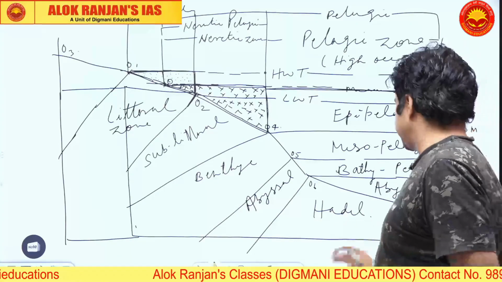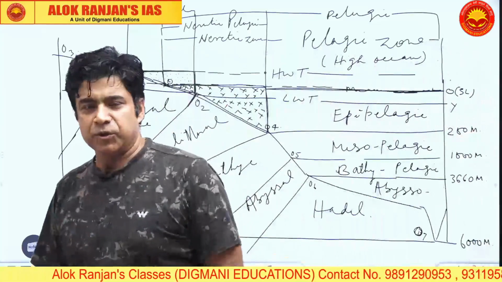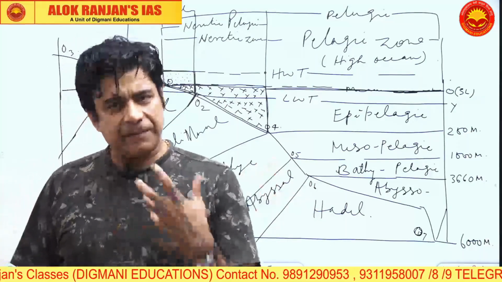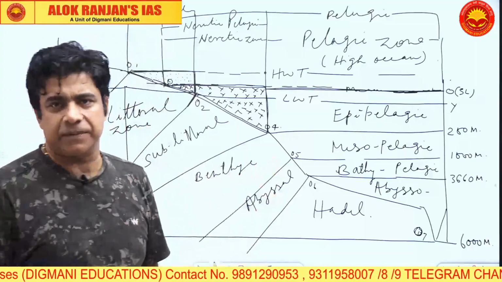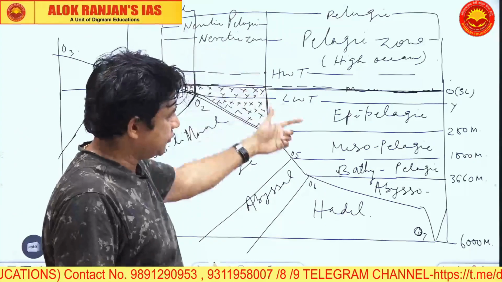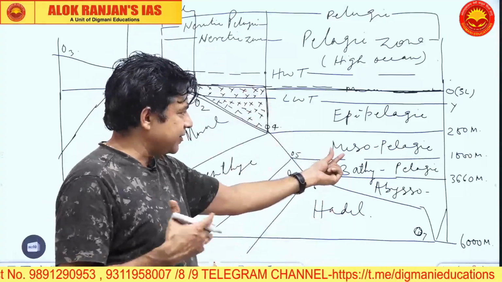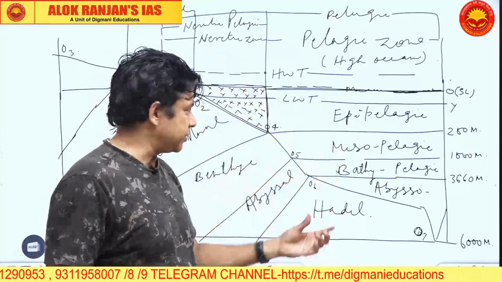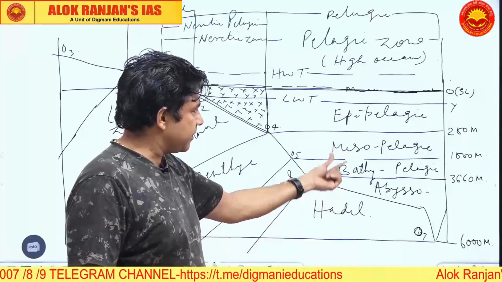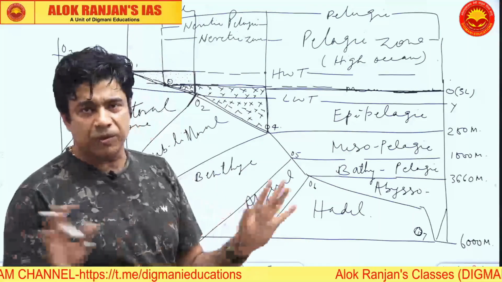Then you have bathopelagic and abyssopelagic. These zones have no life. There is an absence of life there. They are bereft of life. So here only epipelagic will have life and mesopelagic can have some life but not fixed. This is the dysphotic zone, there is diffused light here, so life will not be permanent in the mesopelagic, but life will be permanent in epipelagic, and bathy and abysso have absolutely no lives.